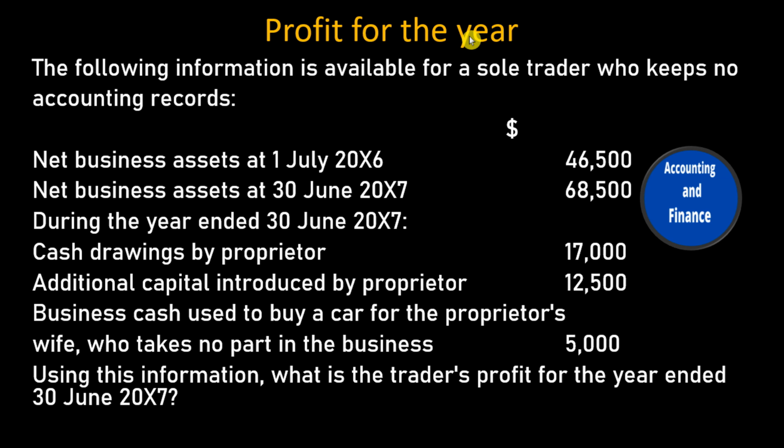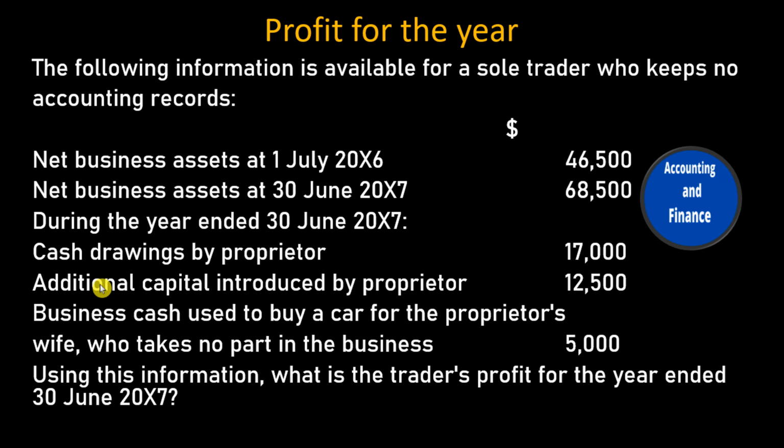Profit for the year. The following information is available for a sole trader who keeps no accounting records. Net business assets at 1 July 20x6, $46,500. Net business assets at 30 June 20x7, $68,500. During the year ended 30 June 20x7, cash drawings by proprietor,